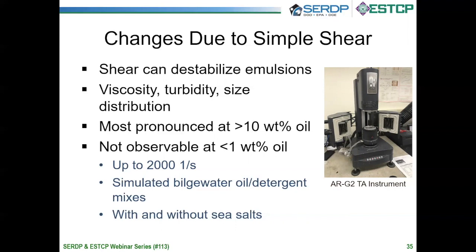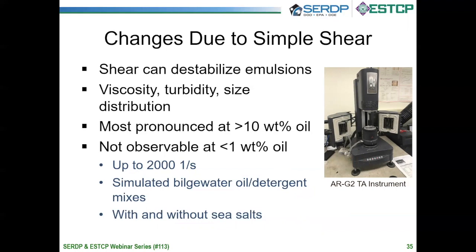You can measure the effect of shear in something like a rotational rheometer, and that's what's shown here. You'll measure turbidity and size distribution. You can also measure viscosity because it'll be sensitive to changes of viscosity as the oil creams out of the solution. What we're seeing is that there is clear destabilization for systems with high oil percents in these simple shear environments. Over 10 weight percent of oil, we see quite a dramatic creaming out of